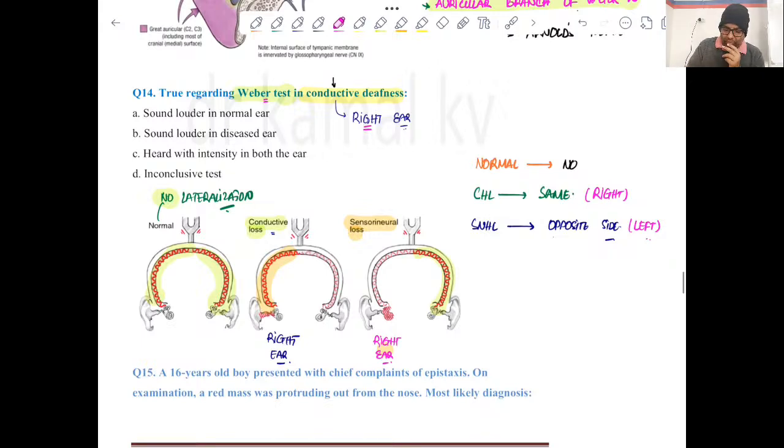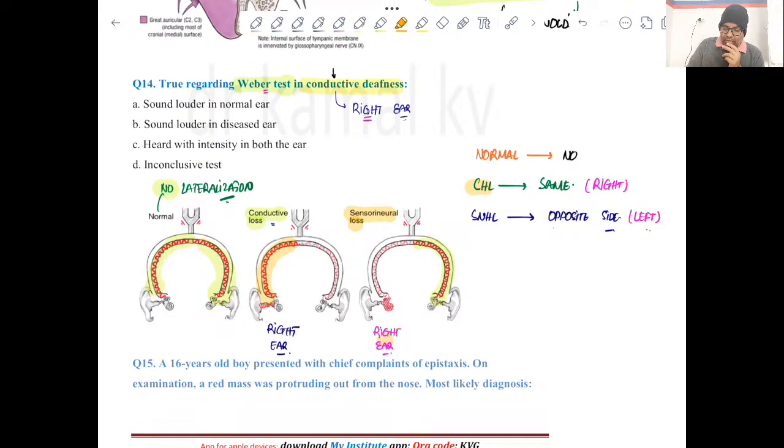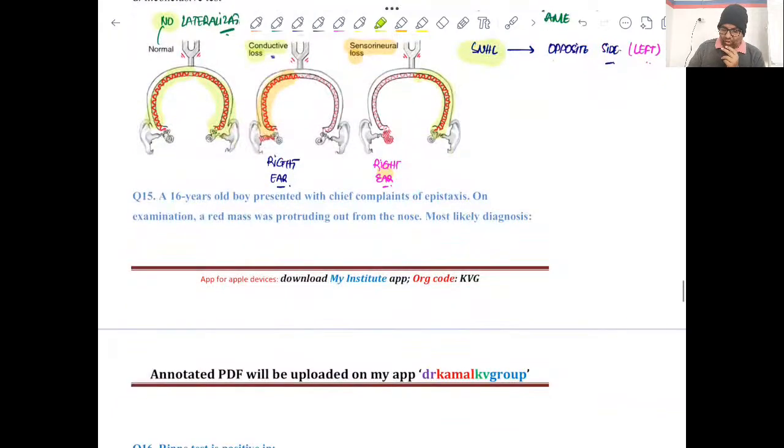Clear? So this is how we use the Weber test to determine whether there is conductive deafness in the diseased ear or sensorineural deafness in the diseased ear. Then moving forward,